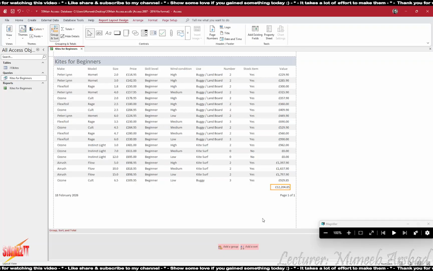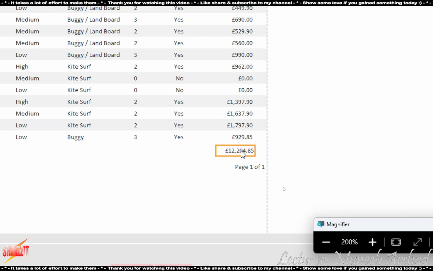In Access. Square brackets. So technically the function for this operation should be equals to sum, round bracket open, then value, which is actually a field, so that needs to be enclosed in square brackets, and then round bracket closed. Okay?